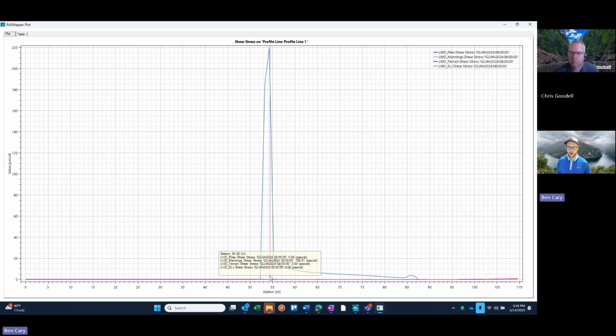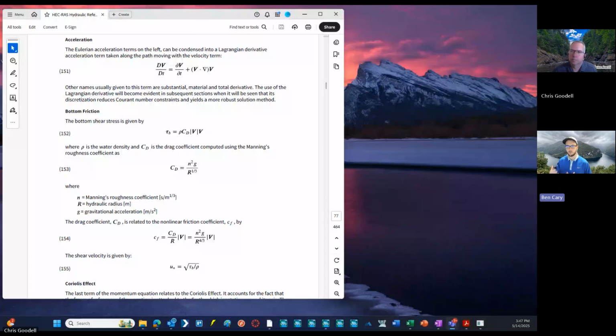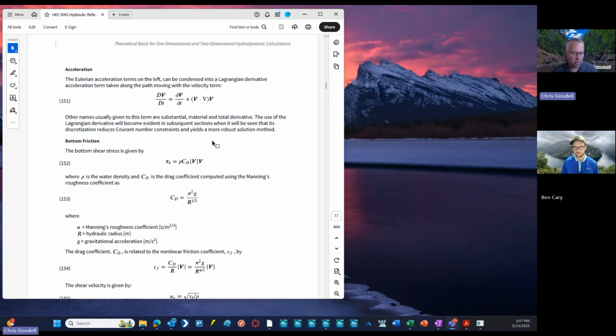And Chris, you and I were having a good conversation about this earlier today. So do you want to share with folks kind of what the math behind this is? Yeah, so you can find this in the hydraulic reference manual for HEC-RAS. But probably the biggest problem with plotting shear stress when you're using elevated n values is the